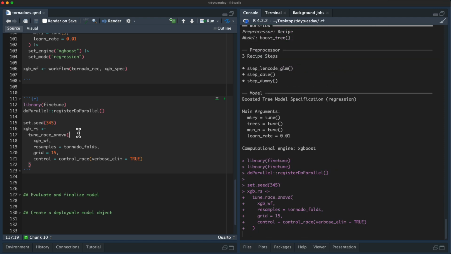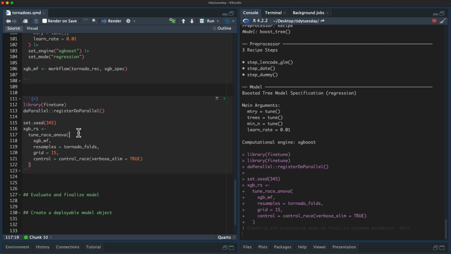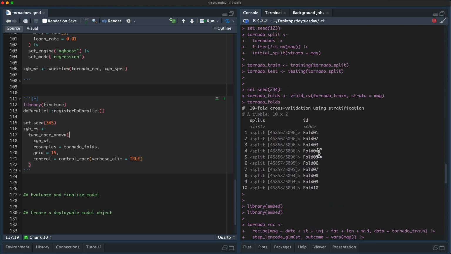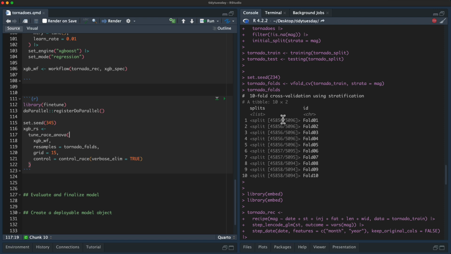This is for sure a long part of the process, so I'm just going to talk through what it's doing and then I'll pause the video. What's happening here is that I am taking my 10 resamples, and it's picking one set of the hyperparameters and trying it with all of the resamples.